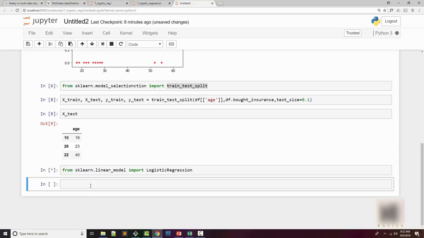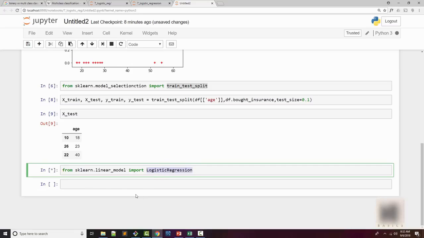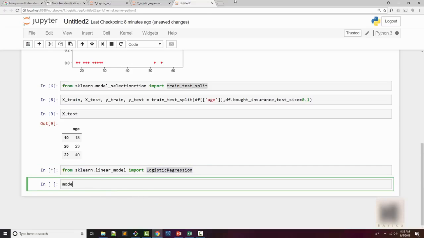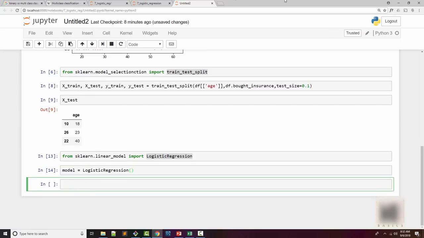All right, so we will have the logistic regression class imported, and we are going to create an object of this class. We'll call it model, and that model will now do the training. Remember, in sklearn, whenever you are using the fit method, you are actually doing the training for your model.